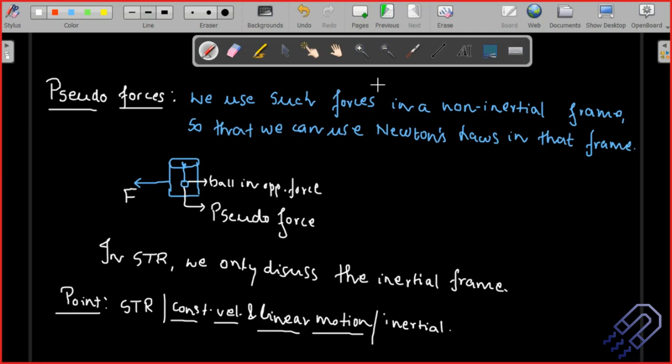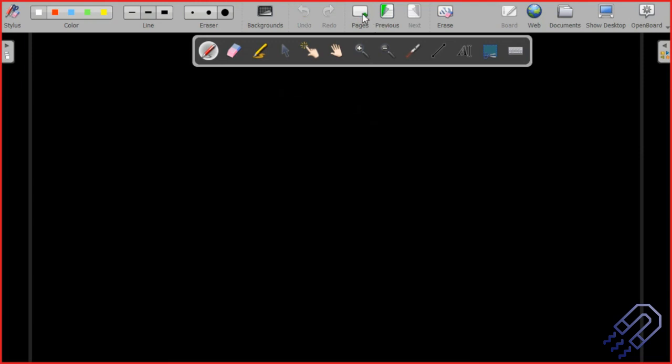So let's just try to understand something, when we're talking about two frames of reference, and let's say they are moving with respect to each other. What are the changes in velocity? What are the changes in position that we should know? And that would come under Galilean transformation. Okay. So the title of the topic is frames of reference and Galilean